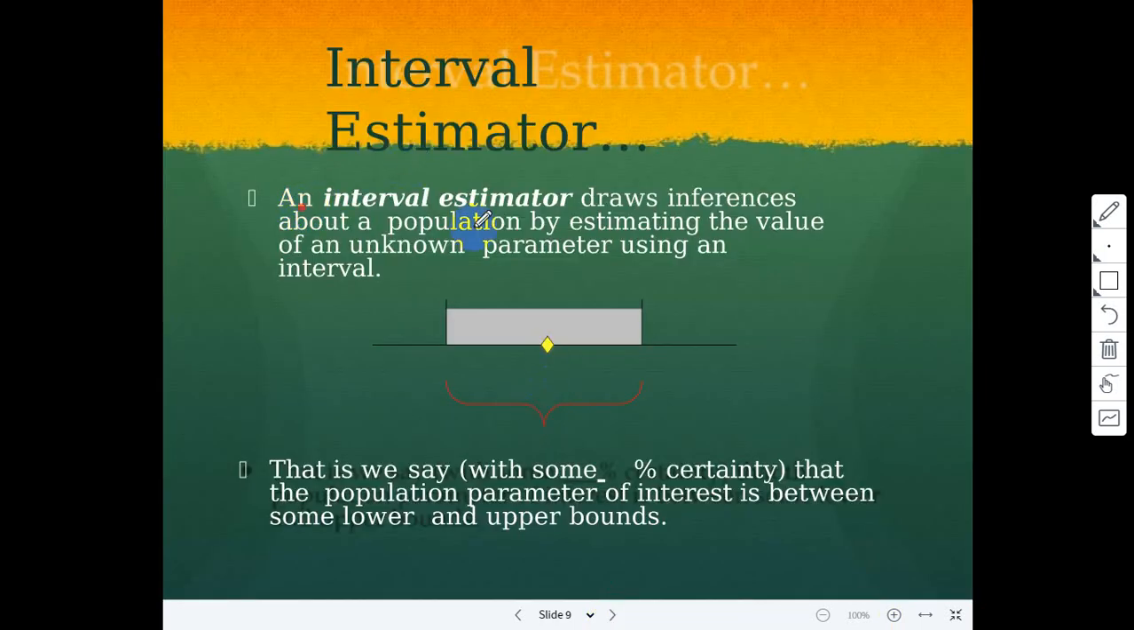What is an interval estimate? In interval estimate, we draw inferences about a population, about population means or unknown parameters, by estimating the value of an unknown parameter using an interval. That is, we say with some percentage certainty that the population parameter of interest is between some lower